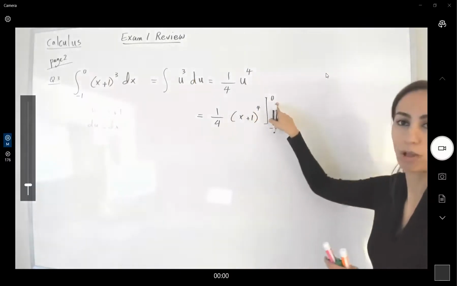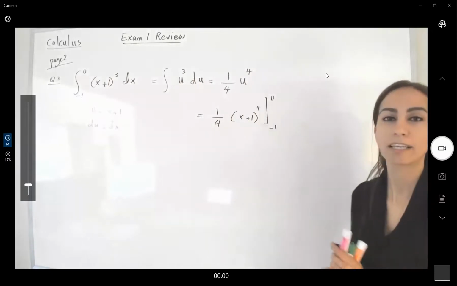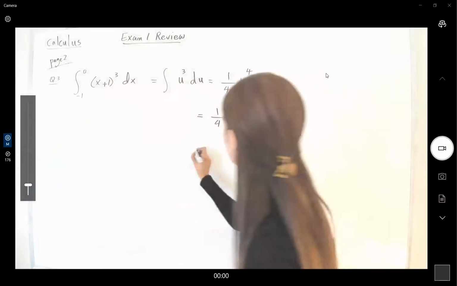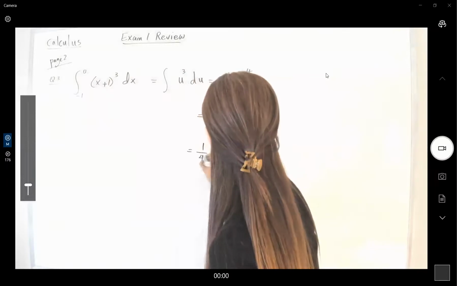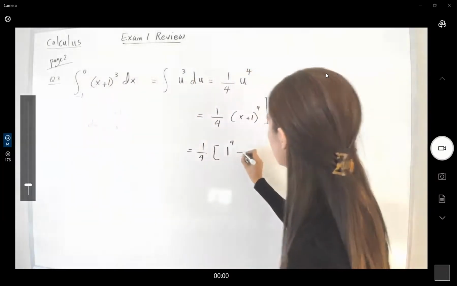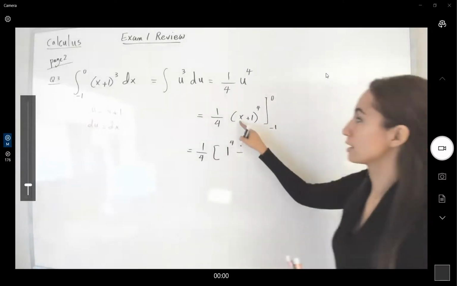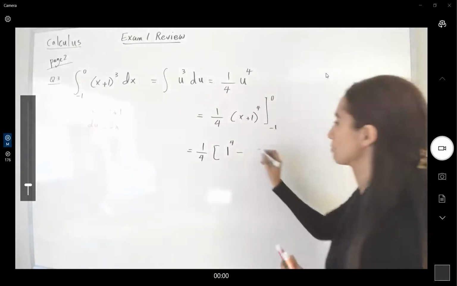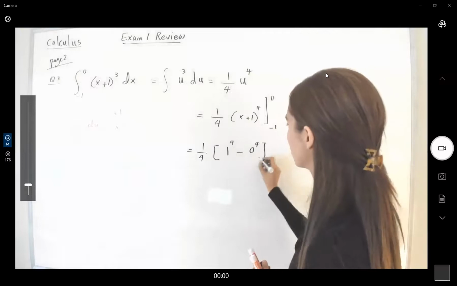So first we plug in 0, then we plug in -1, then we do the subtraction. This is a fourth. If I plug in 0, I get 1 to the fourth, minus, if I plug in -1, I get -1 plus 1, which is just 0, 0 to the fourth. So it is just